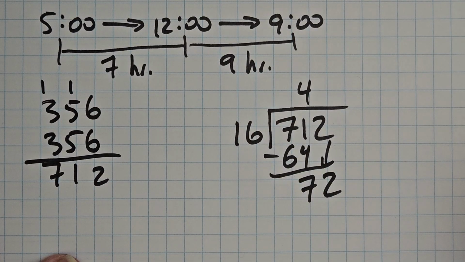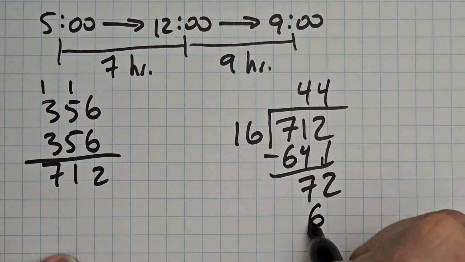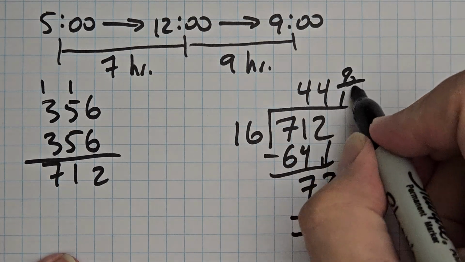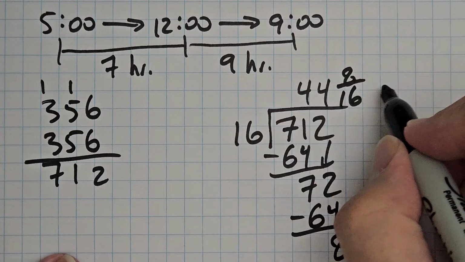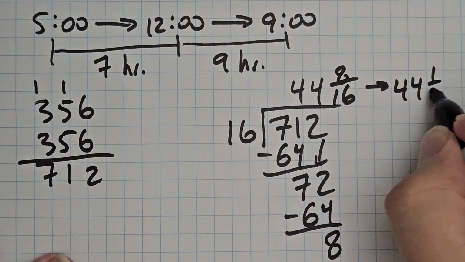And it'll go into 72. Let's see, is that also going to be 4 times? Is 64 with a remainder of what, 8? I think that's right. So I have 8 over 16ths, which reduces to, or simplifies to, 44 1/2